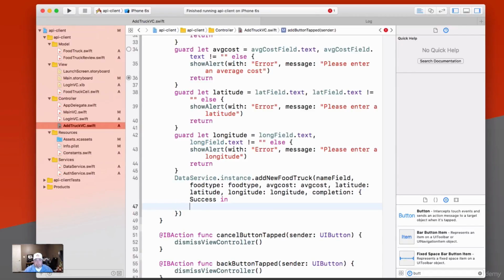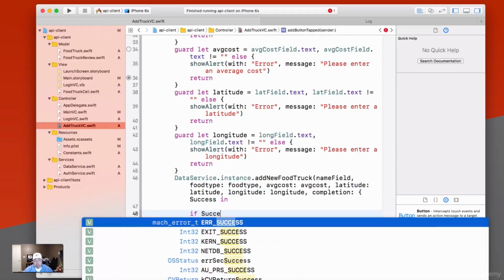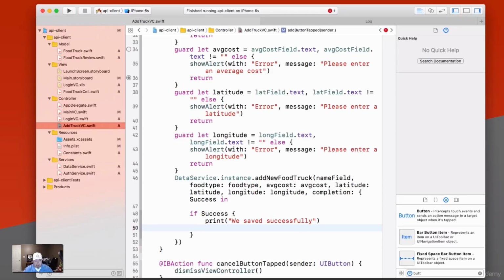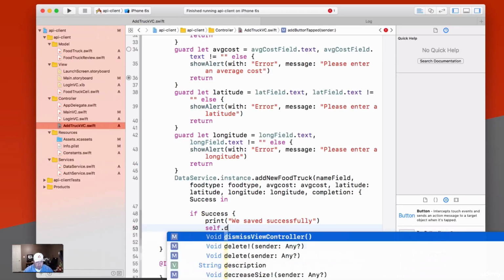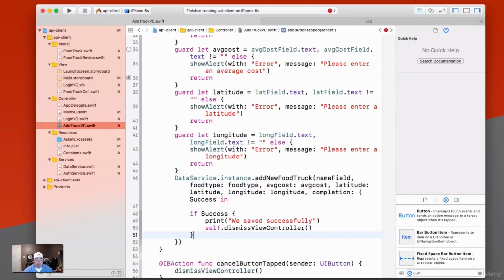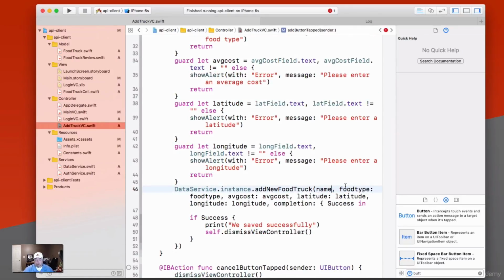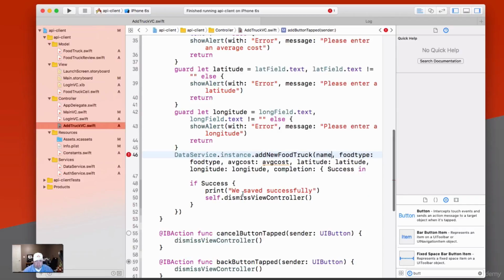Alright, so we can check for success here. We can say if success, we'll just say we saved successfully, we'll print that, and then we can just say self.dismissViewController. So at this point we were successful. We're just going to print a message out. And then, let's see, this is wrong. This is just name. Okay. So we print a message out to the console and then dismiss